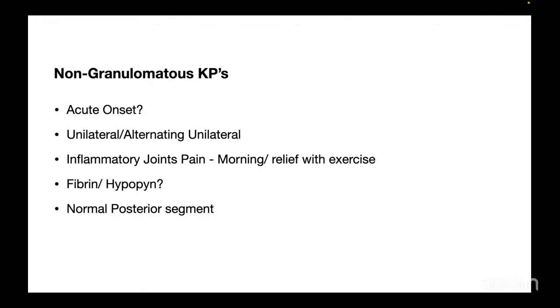Then the next question is about the inflammatory joint pains. Typically the patient will say it is very excessive in the early morning, even at 3 o'clock or 4 o'clock, and as the day passes it will resolve. Again, one very important thing to look for is fibrin or hypopyon in the anterior chamber. That will also lead you to the particular diagnosis. And definitely look at the posterior segment before